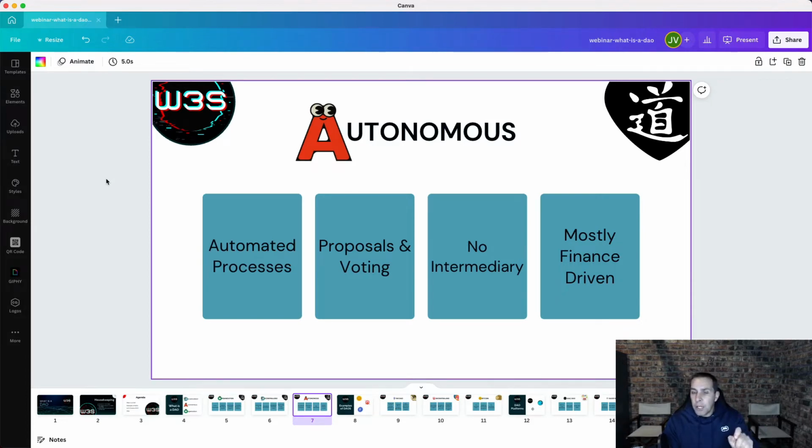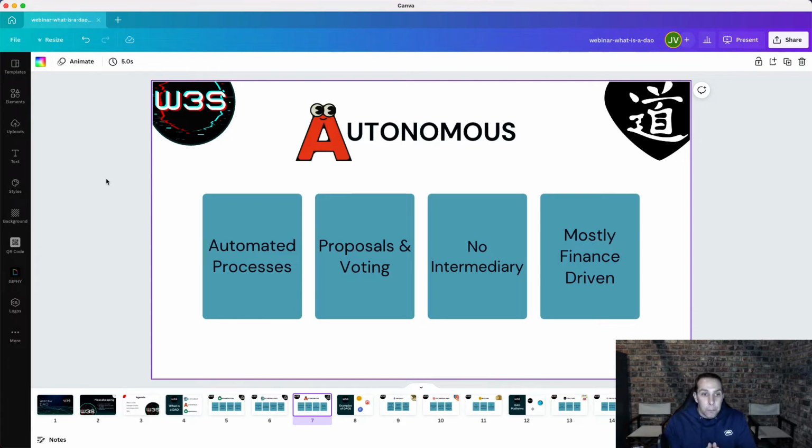All of these are rules that are baked into the smart contract that I mentioned earlier on. And when everything reaches true, then it gets automatically approved. There's no individual saying, okay, I go ahead and approve this. The smart contract has the business logic to say this is automatically approved, and automatically the funds would be transferred to the destination. In other words, the purchase order would be paid. So that is a very good example of what would happen automatically inside a DAO versus what would have happened manually inside an LLC or business.